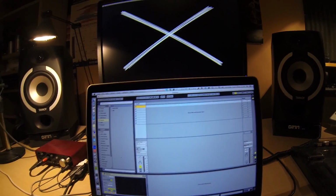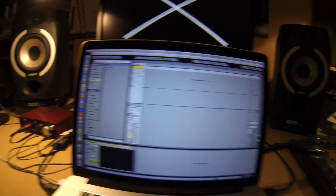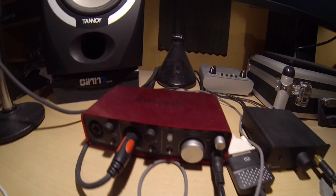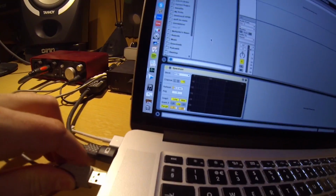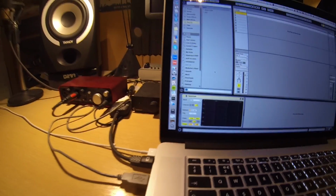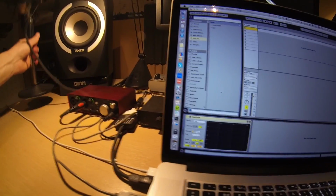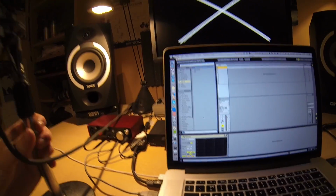So, opening up Live, basically what I do is I run all the audio inside Live. And I use my Focusrite sound card to get all the sound from the mic. So the first thing we're going to do now we've opened up Live is plug in the sound card. Boing. Cool. Then we're going to make sure the mic is somewhere near my head,